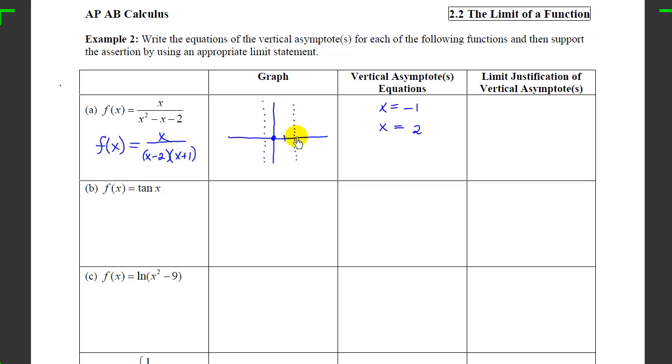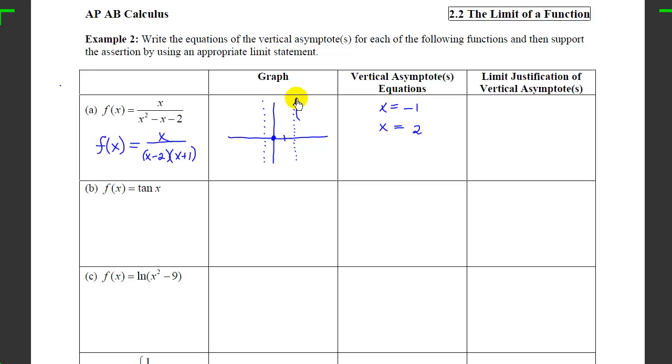If I plug in something a little bit larger than 2, then the top's going to be close to +2, so it'll be positive. This factor will be a little bit bigger than 0 because I took something larger than 2 and subtracted a 2, so this piece will be positive. And then something close to 2 plus 1 is also positive. So I have 3 positives in this expression, so the overall result will be positive, which means I'm heading up